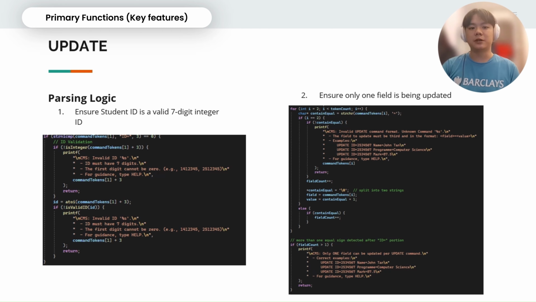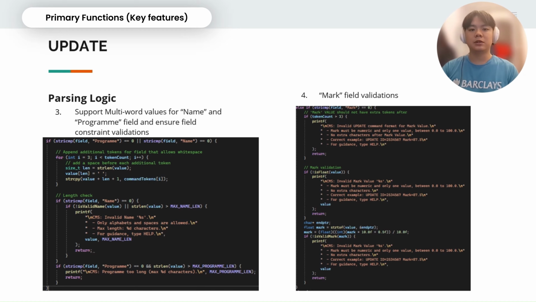Once the function is called, it first ensures that the student ID of the record to update is valid, and then extracts the field and value while ensuring that only one field is being updated. With the extracted field and value, the necessary validations are done on the values based off the field to update as shown. Once the field and value have been validated, a linear search is done to search for the record to